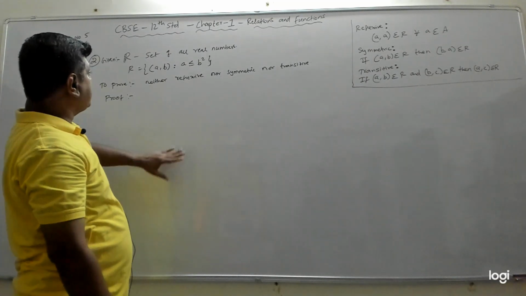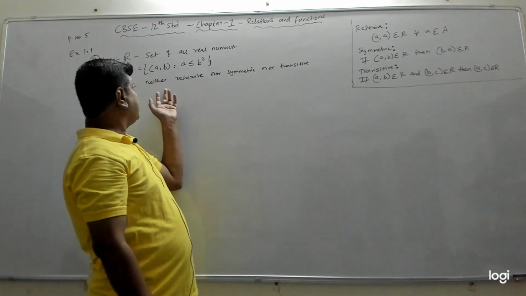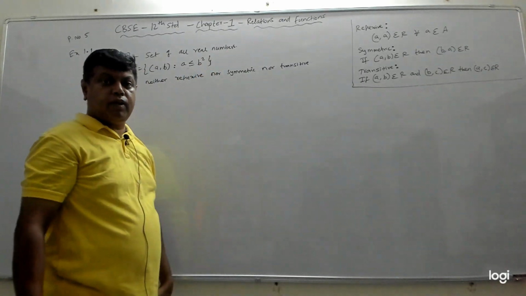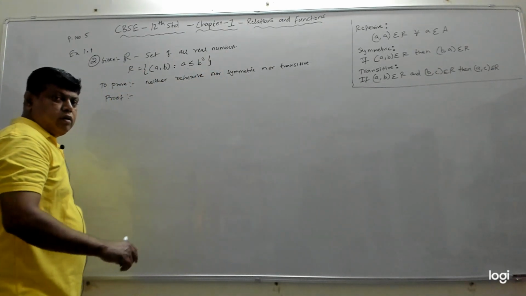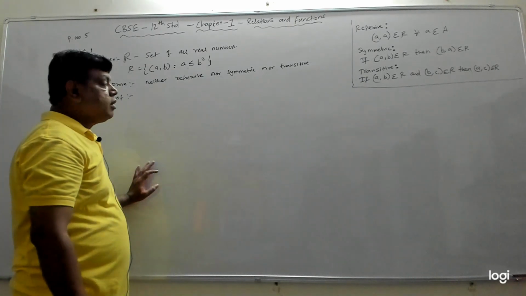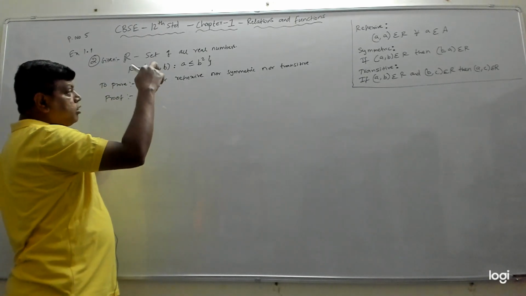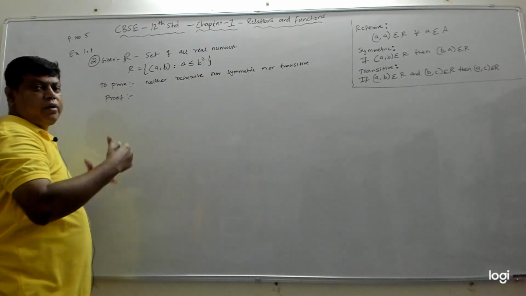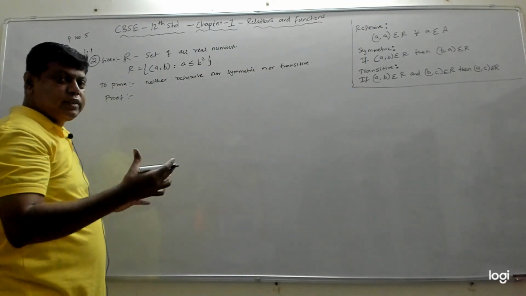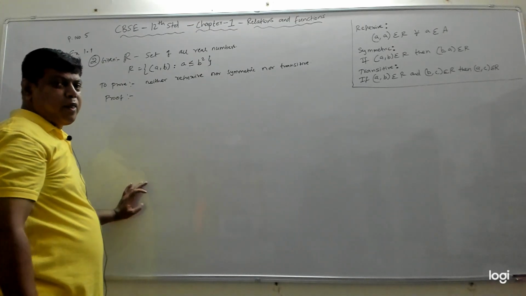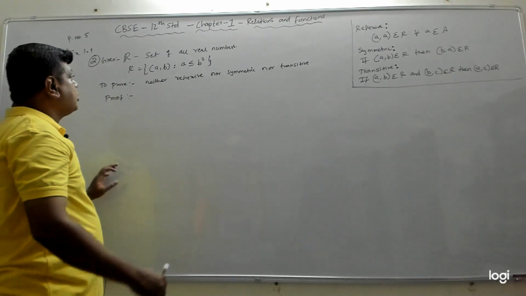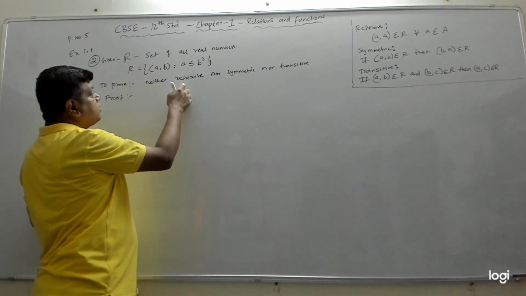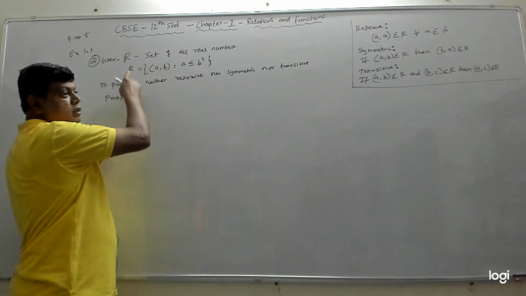So now we'll have to check whether it is reflexive. We should prove that it is not reflexive, not symmetric, not transitive. They have said it is not reflexive, but we have to prove that. Proving it is not reflexive or not symmetric or not transitive is easier than proving it is reflexive, symmetric, and transitive. So to prove that it is not reflexive, we should take one element from R